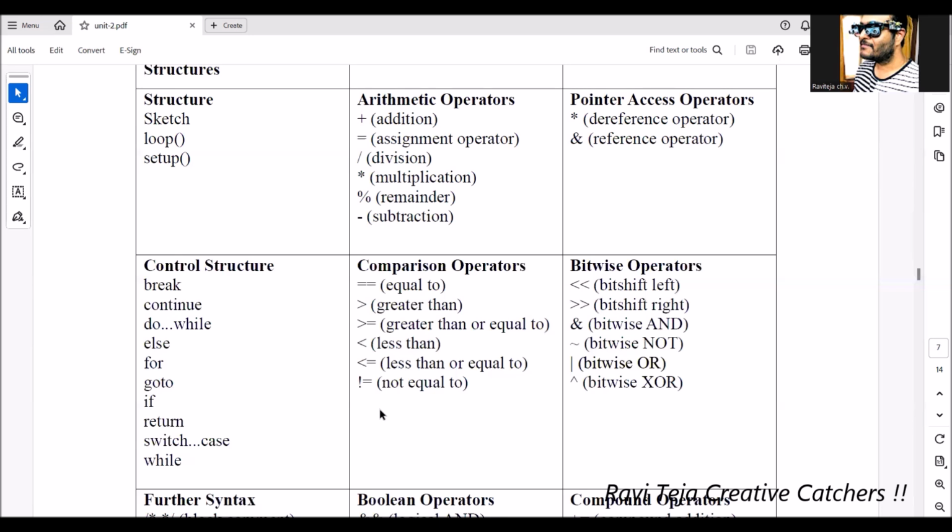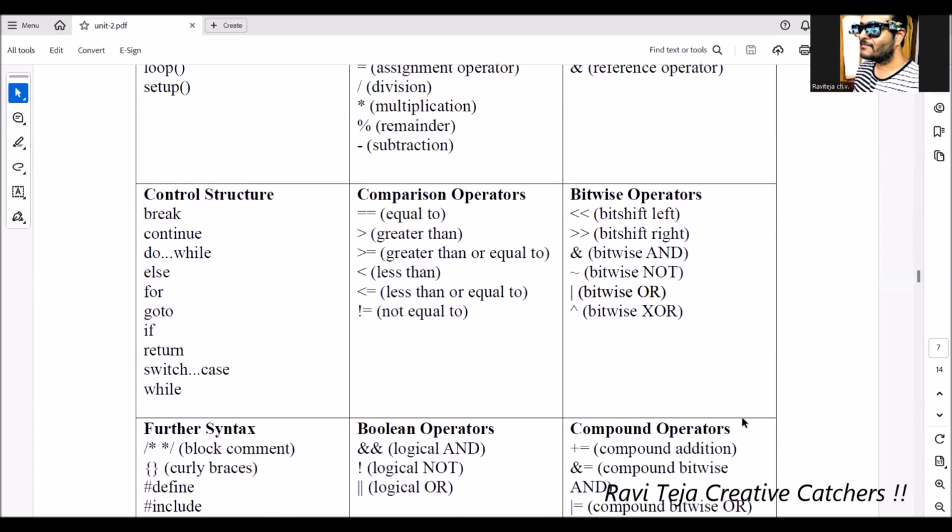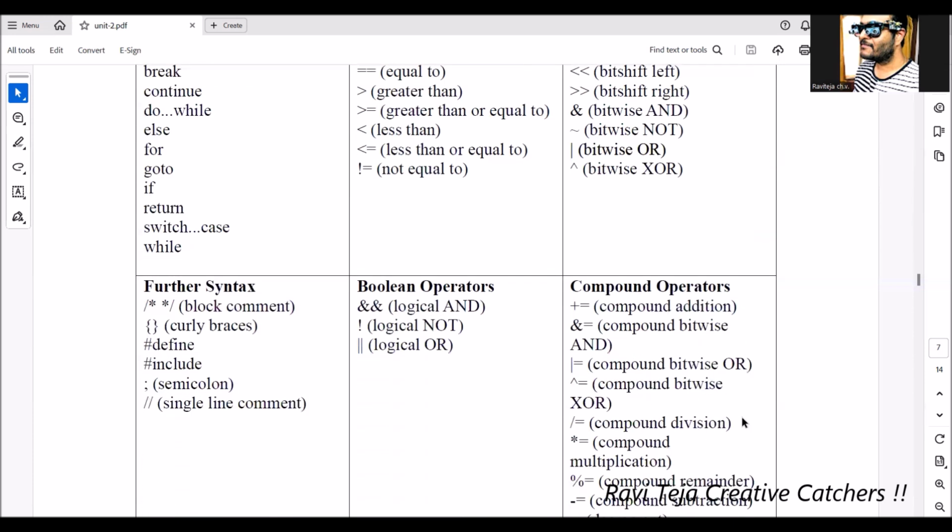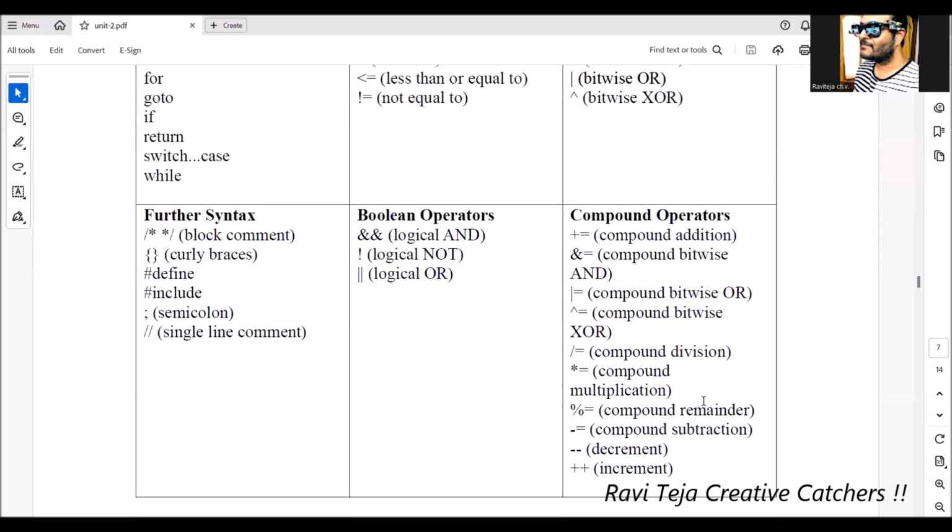We have equal to, greater than or equal to, less than or equal to, not equal to. And if you want to do some bitwise operations, we have bit shift left, bit shift right, bitwise and, bitwise not, bitwise or, and bitwise XOR. We also have some syntax like hash define, hash include, semicolon, block comment, and Boolean operators like logical and, logical not, logical or. And we have many compound operators as well,